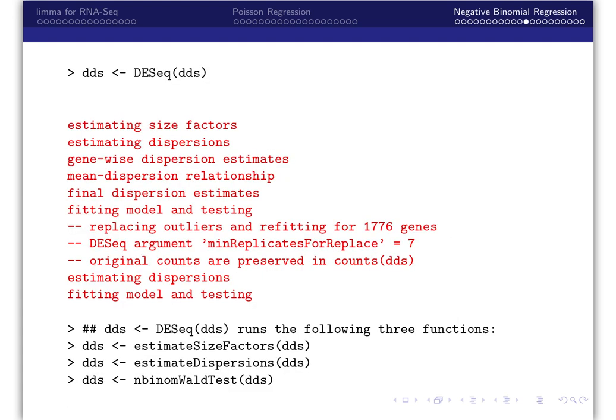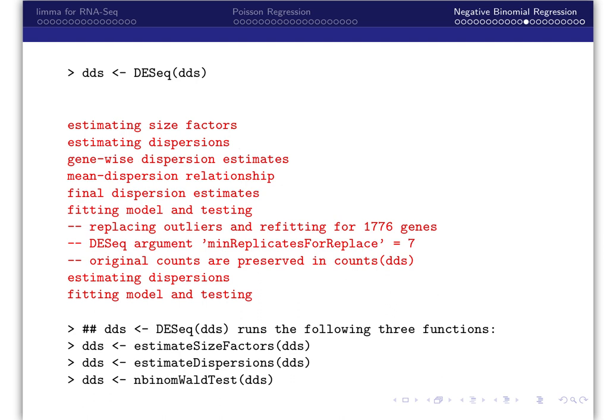Type the name of the object to verify the dimension, column names, and the information on the samples. Then after constructing the DESeq dataset, we issue one command, DESeq, which adds more information to the dataset. It first estimates size factors, then dispersions: the gene-wise dispersions, the alpha trend function, which is the mean dispersion relationship, then estimates MAP for all alpha parameters. These are used in model fitting and testing. As I mentioned, for outlier genes which have large dispersions, DESeq2 uses the gene-wise estimates and re-estimates those models. That is, it replaces the shrunken dispersions with gene-wise dispersions when a gene is considered an outlier and refits the model